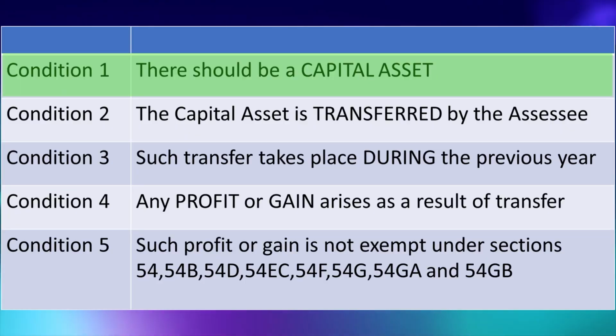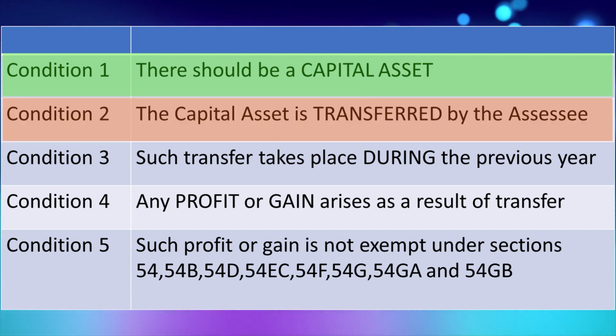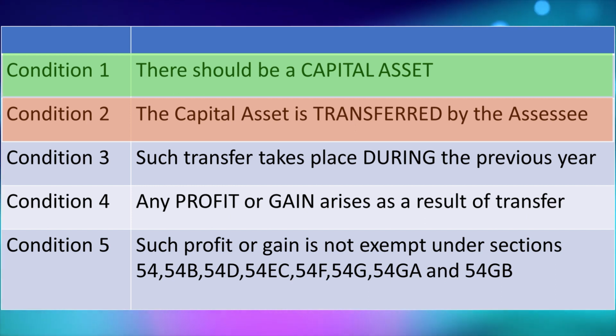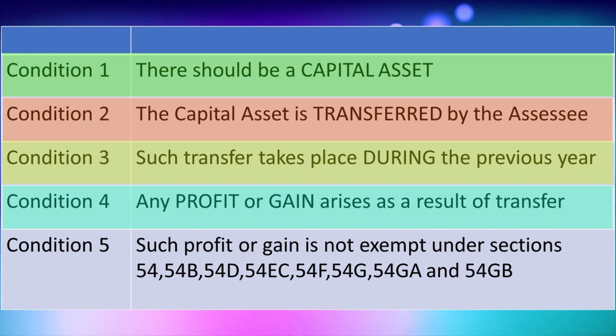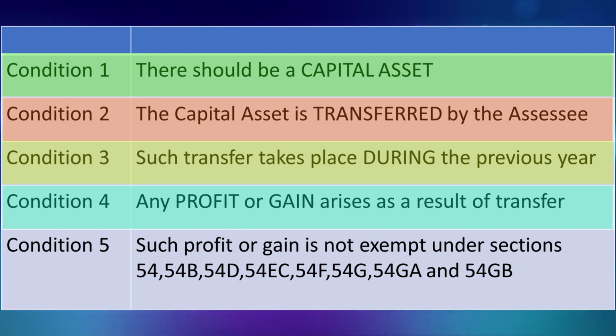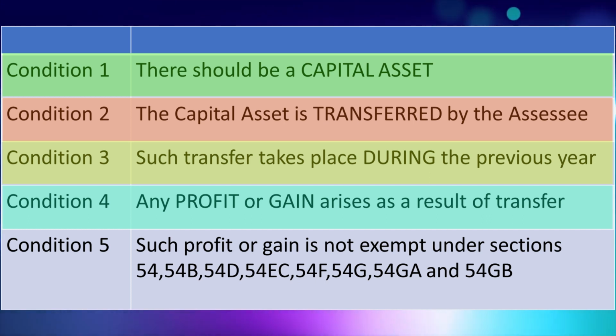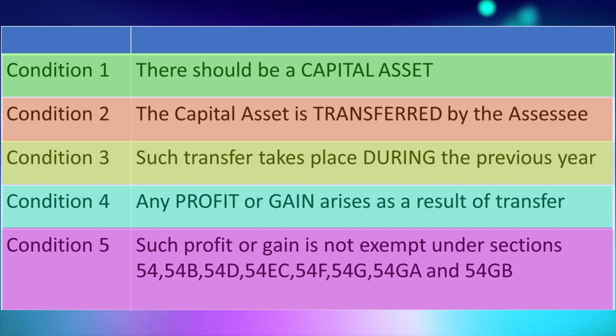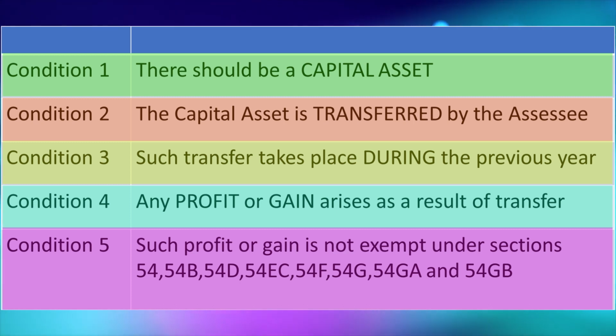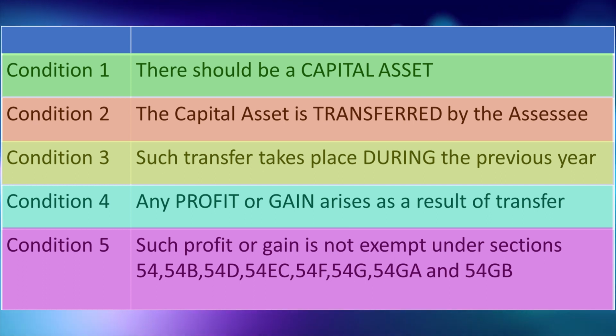Now, if we analyze section 45, then we will find that there are 5 conditions. Condition number 1, that there should be a capital asset. Condition number 2, the capital asset is transferred by the assessee. Condition number 3, such transfer takes place during the previous year. Condition number 4, any profit or gain arises as a result of transfer. Now, mind it, the term profit or gain also includes negative profit or gain, or in other words, it is loss. And condition number 5, such profit or gain is not exempt under sections 54, 54B, 54D, 54EC, 54F, 54G,